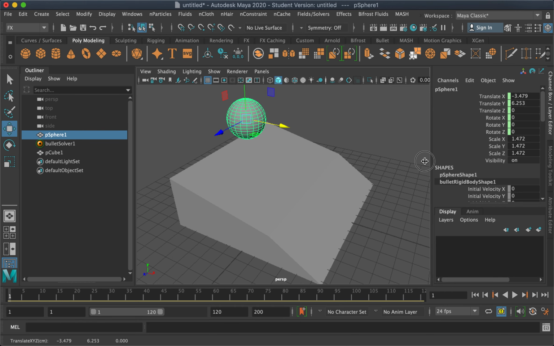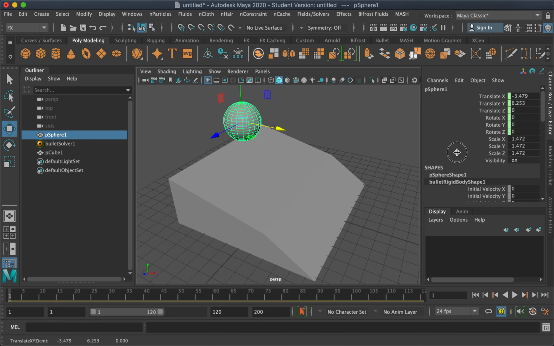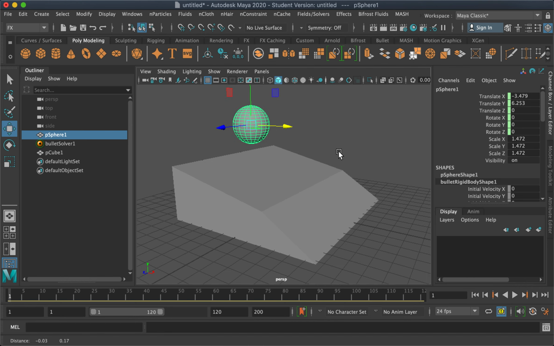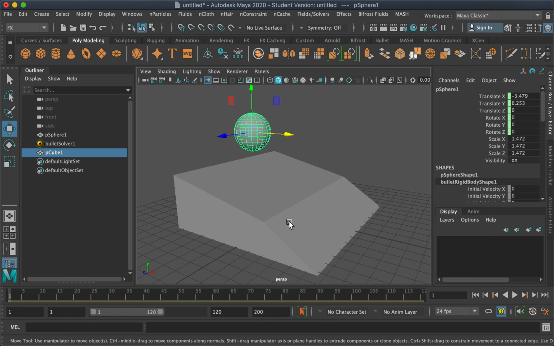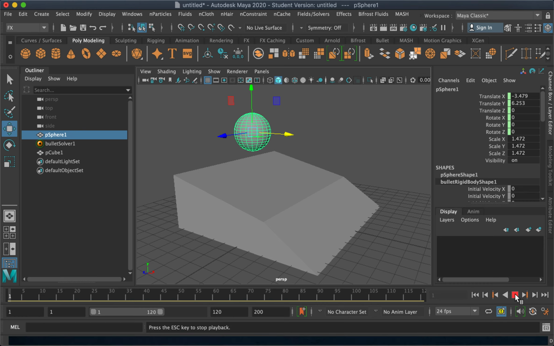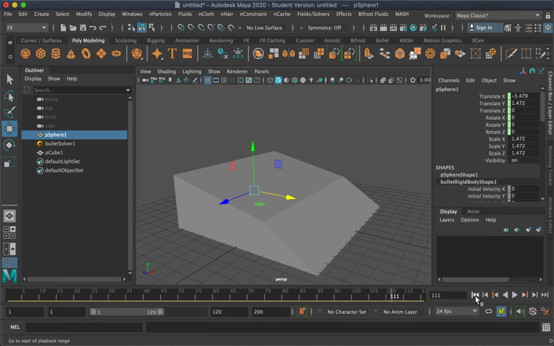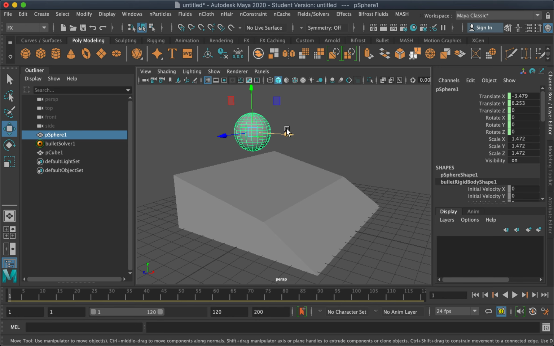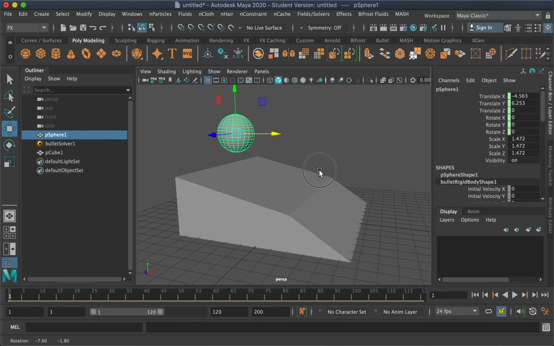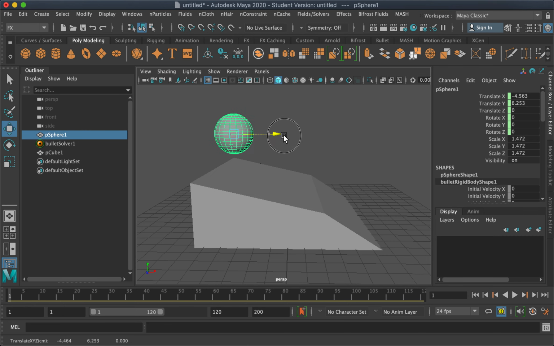We want the active rigid body, the sphere, to interact with this ramp. Currently, since the ramp is not a rigid body, it will not collide, so there will be no interaction between them.